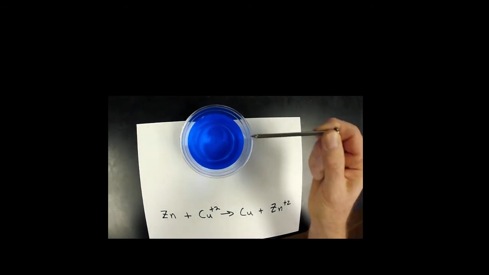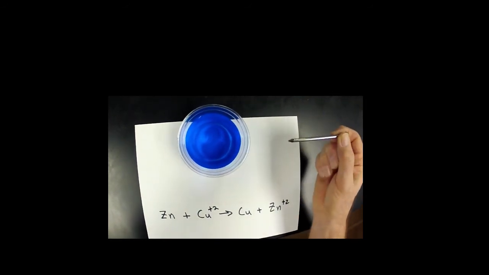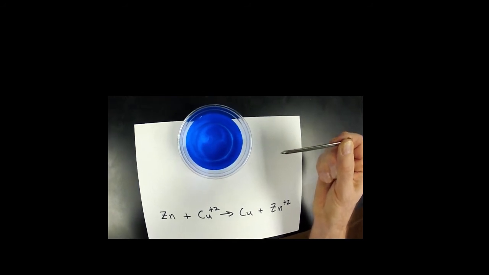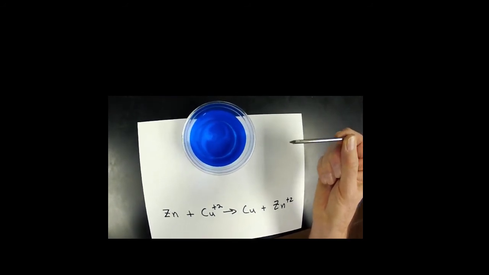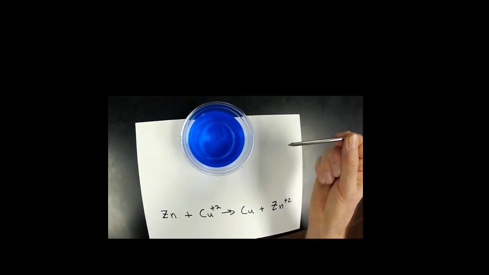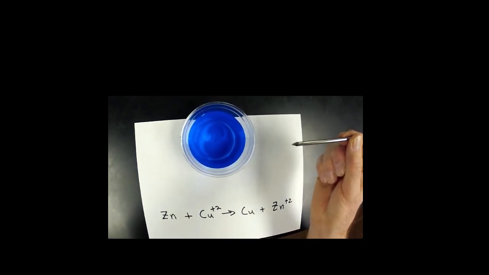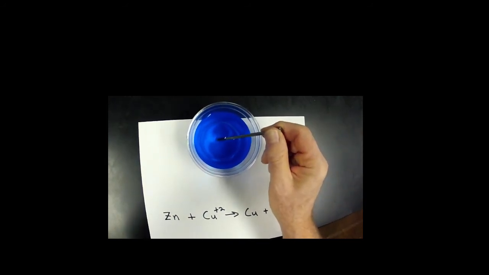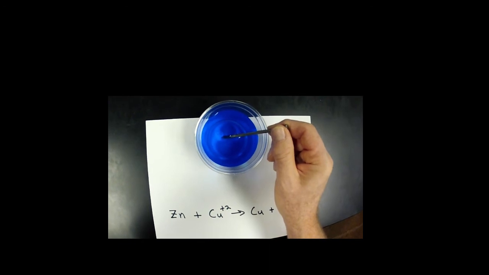And what I'm going to do is take the nail, the 16-penny nail, which you can see has a shiny silver coating on it. This is a coating of zinc metal, and the zinc metal is the reason why the nail looks shiny silver. And what I'm going to do is go ahead and insert the nail down into the solution of the copper